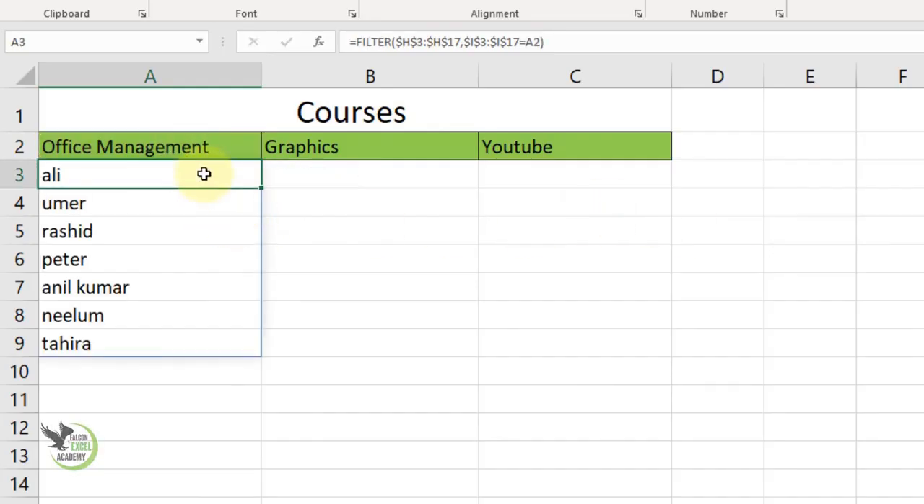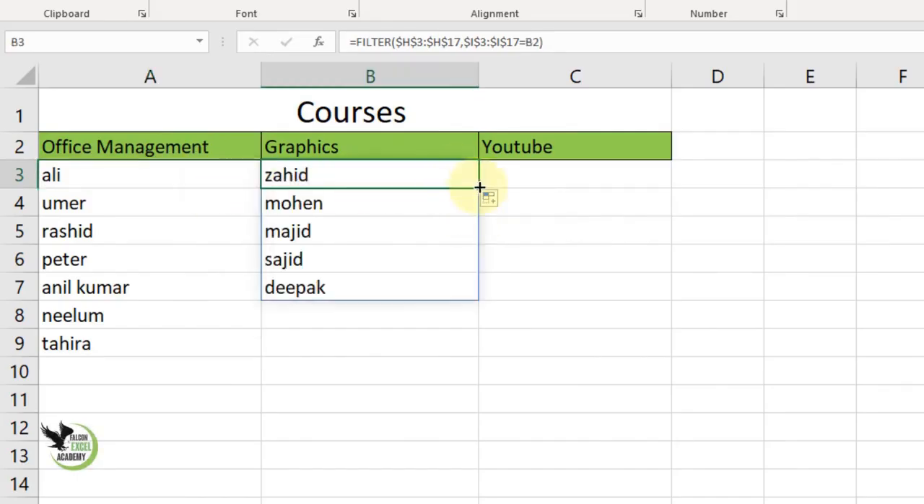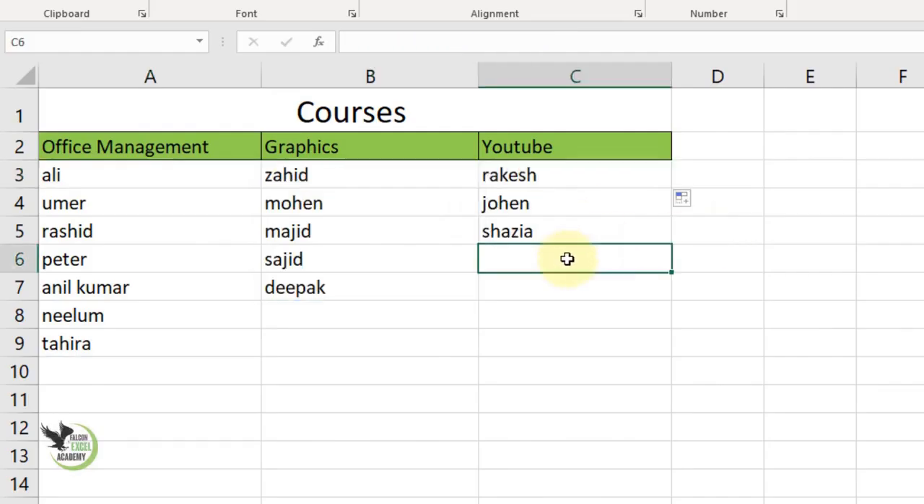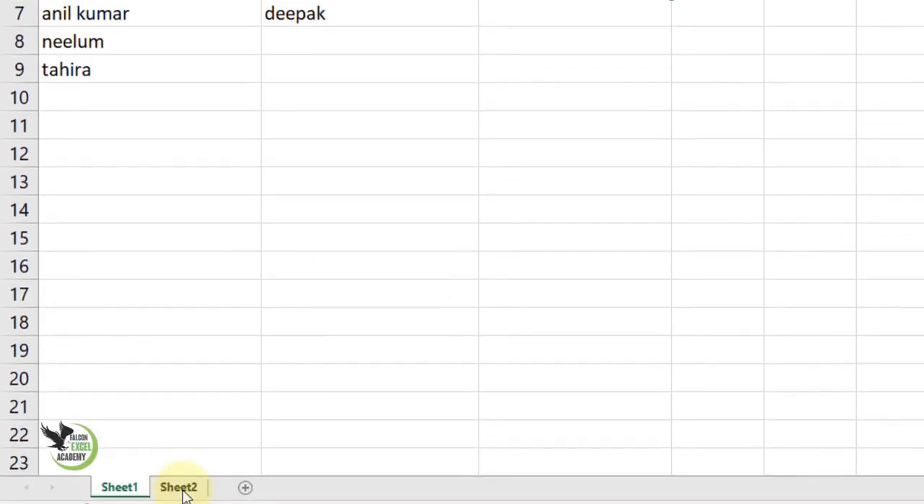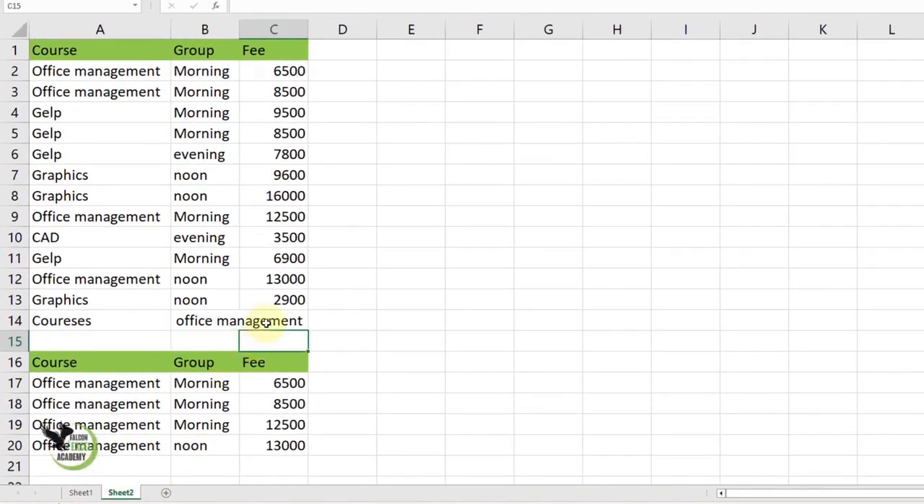Now all the students of office management have appeared here very easily. In the same way, when we drag this forward, the students of graphics appear, and as we continue to drag forward, the students of YouTube are also shown separately here. So see how easily, even if you have thousands of entries here, you can filter the data very easily according to the title. After that, next, I am going to teach you how to apply the filter function in an